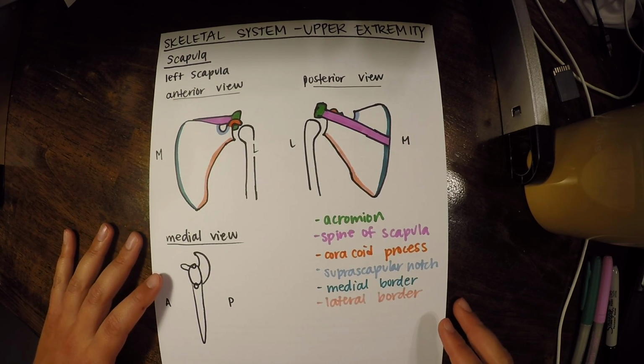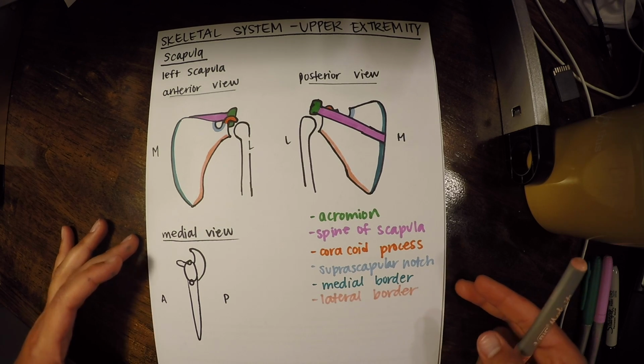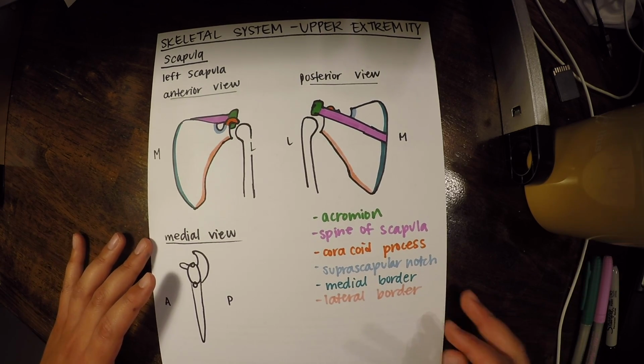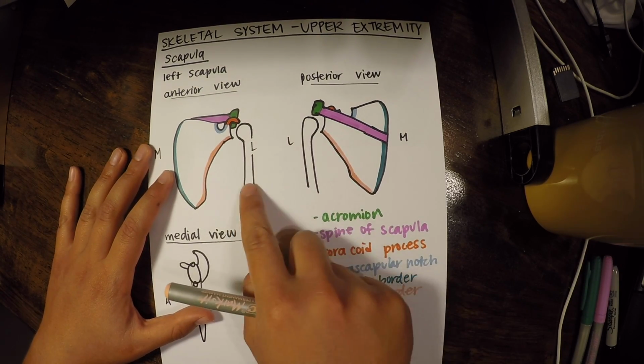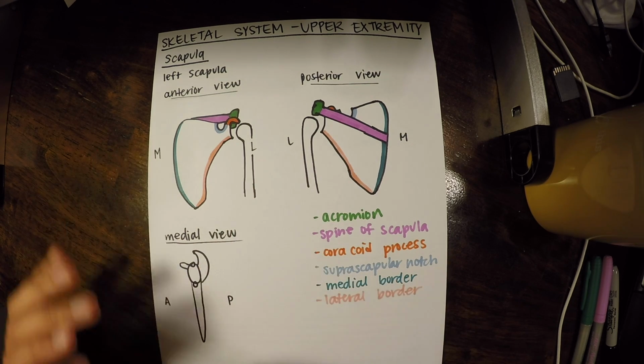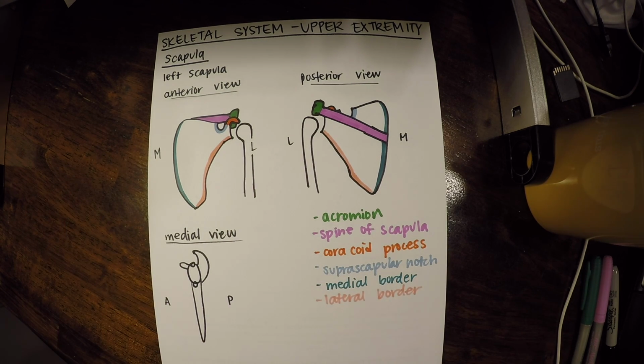Since our scapula is our shoulder blade and it forms a joint with the humerus bone right here, it's really important for stability of that shoulder joint as a whole. Now, what also helps stabilize the shoulder joint as a whole is muscles, and muscles attach on a couple of different fossas, and a fossa is just like a shallow divot in the scapula.